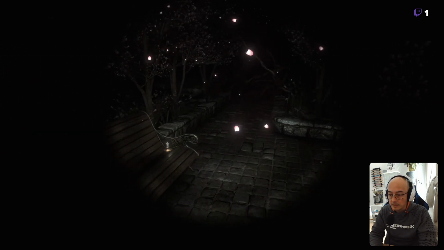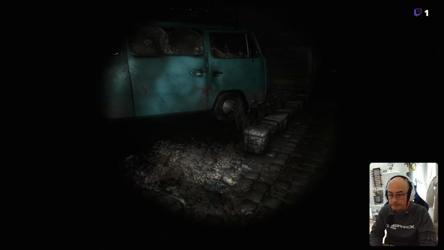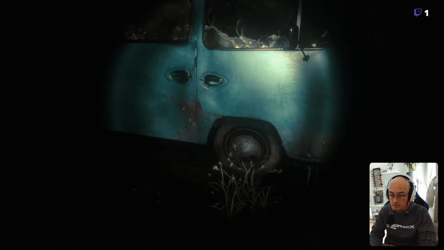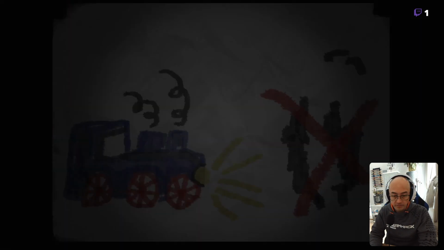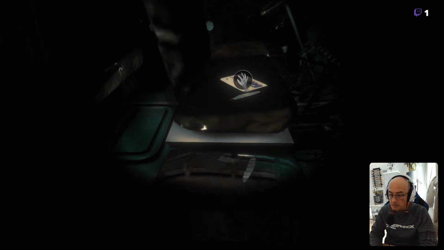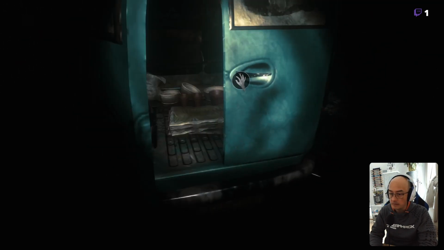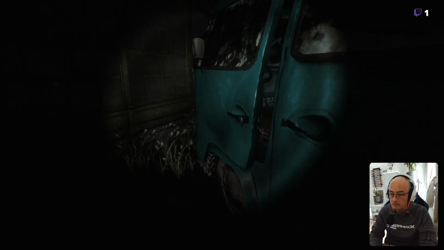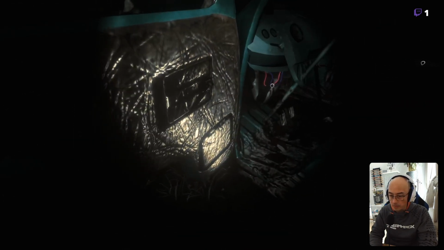And this time we will have a van and a ghost. So this side of the van you will find this hint. It means that by turning on the lights you will lose the ghost. Here you can open, we have nothing. And here you will see that this thing is broken.